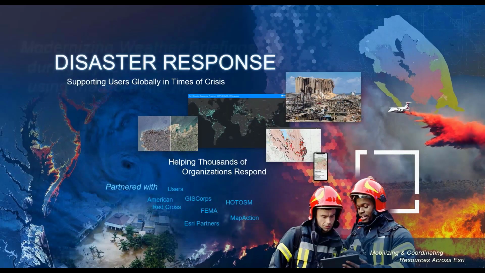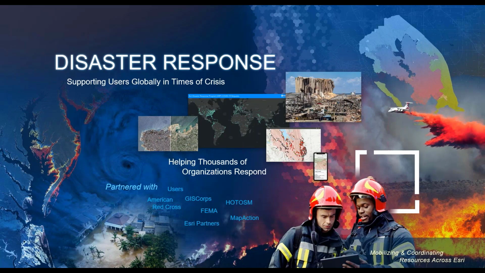So a little bit of background, Esri has a disaster response program where we've been supporting our users through different disasters or crises over the past 27 plus years. And we've really seen it evolve quite a bit, not only from a technology perspective, but in a general sense, obviously with smartphones that we have today, versus paper maps of many years ago. We've also seen the user community evolve a lot, and we've certainly learned a lot through that process. As Alex mentioned, 2017 was a very impactful year with all the hurricanes and wildfires, and certainly a very busy year for us in terms of supporting our users, obviously, in addition to last year with COVID-19.